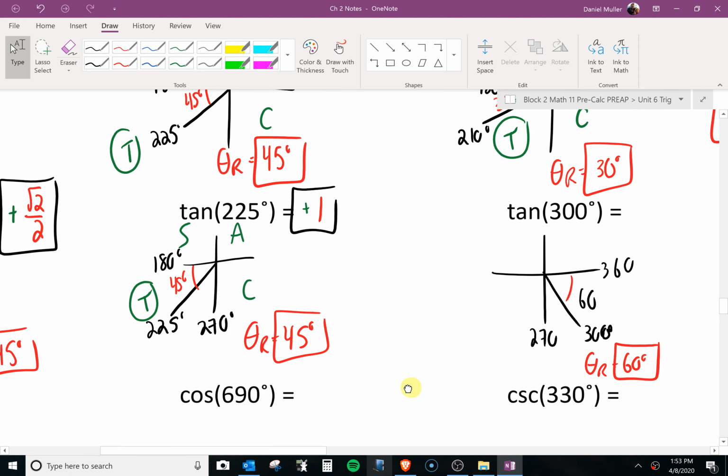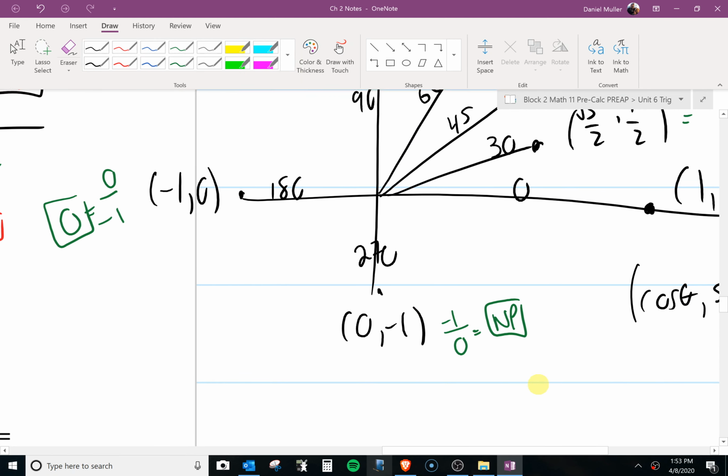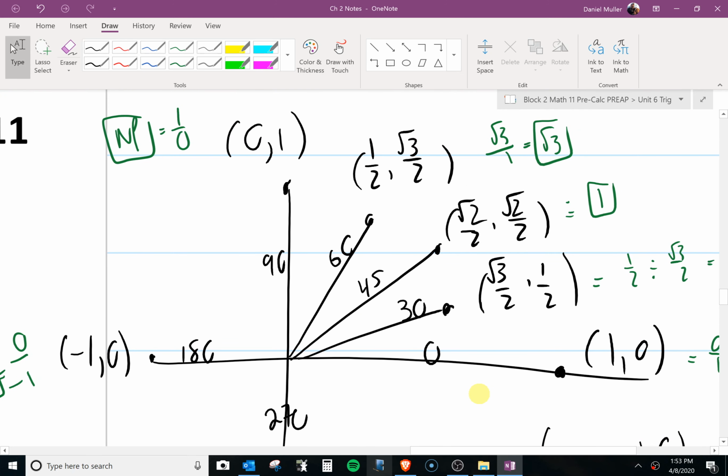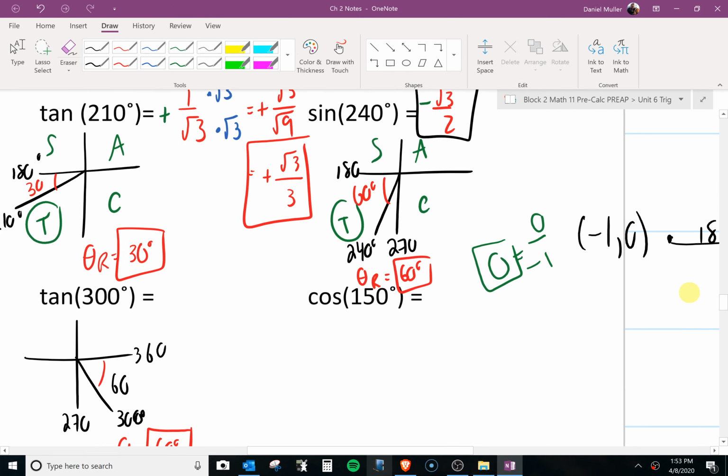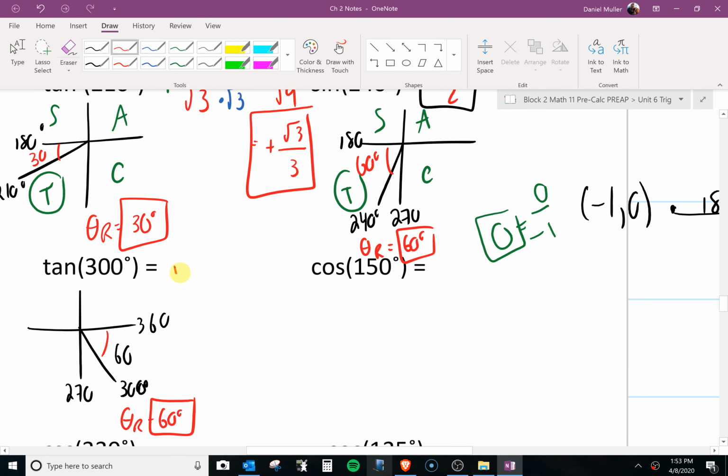And can I move that? Yeah. So tan of 60. Tan of 60, right over left, which I already did. It's root 3. So I'm just going to do this chart. My answer is going to instead be root 3. And then I'll do again the CAST rule,